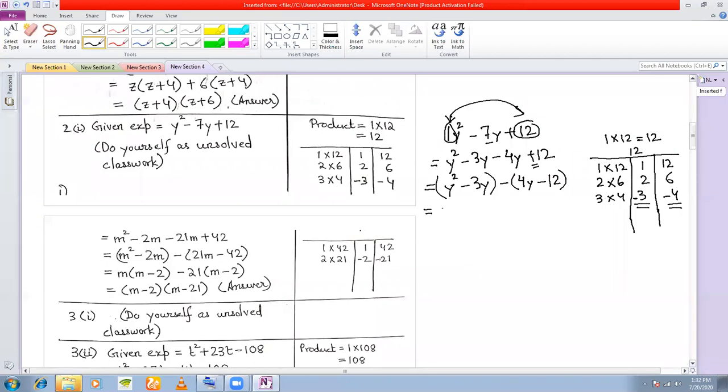Now you take the HCF, y square and 3y, HCF is y, y minus 3. Minus 4y and 12, HCF is 4. You get y minus